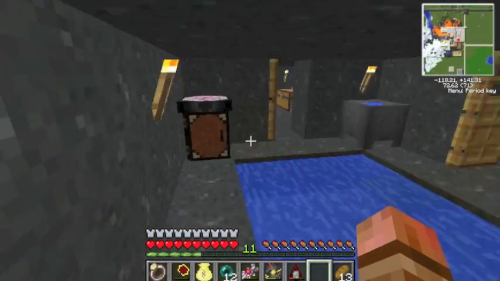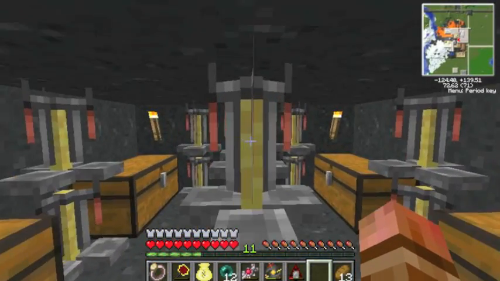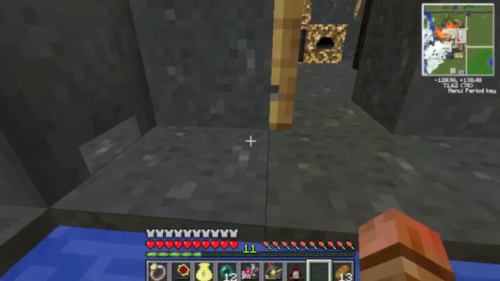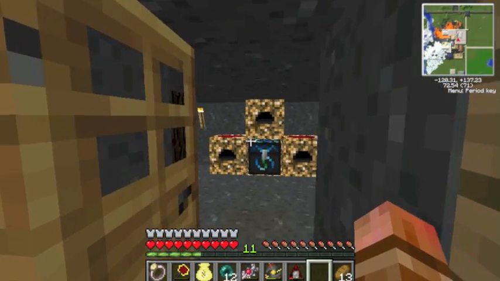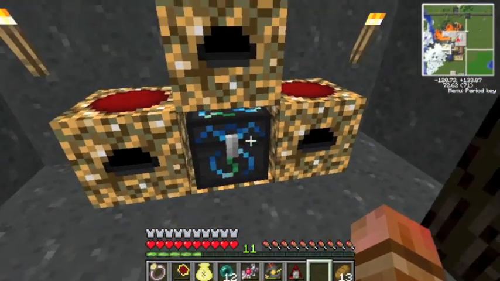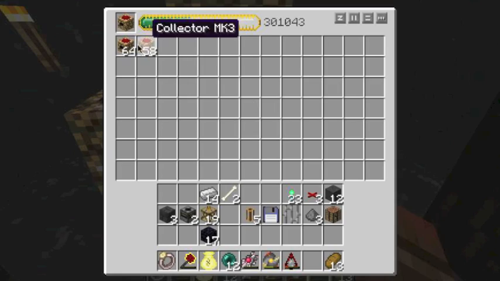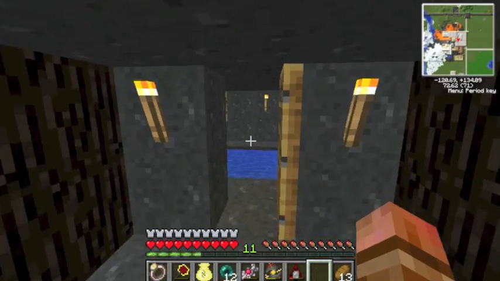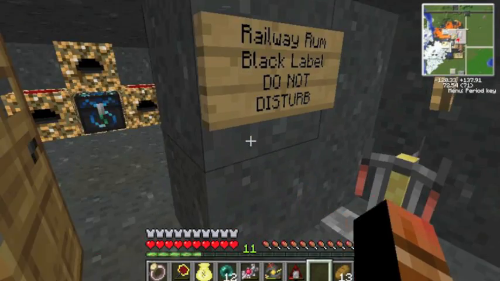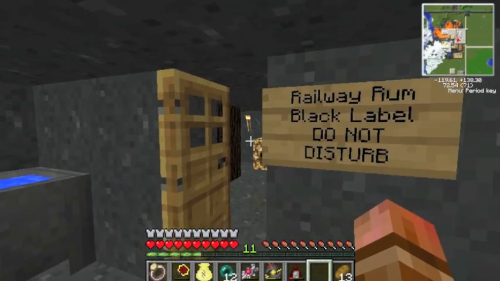And then if we go through here, around the back, we have in here a potion brewing room with ingredients and stuff in the chests, of course. And then in here we have the rum making room and energy condenser, which was going to make sugarcane initially, but now it's making energy collector Mark IIIs. No idea why. Maybe just because they're high in EMC and stuff, but there you go. Railway Run Black Label. See,